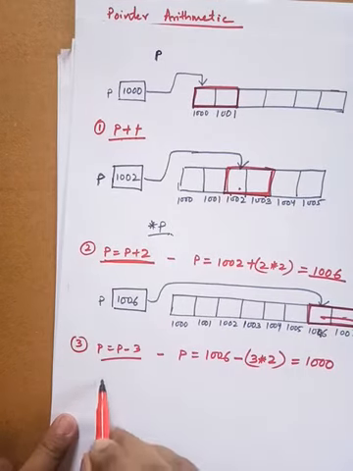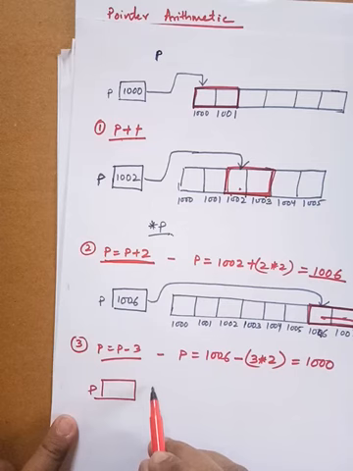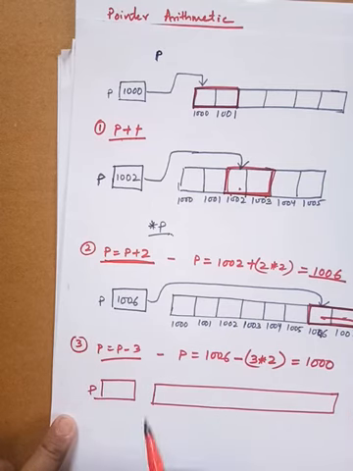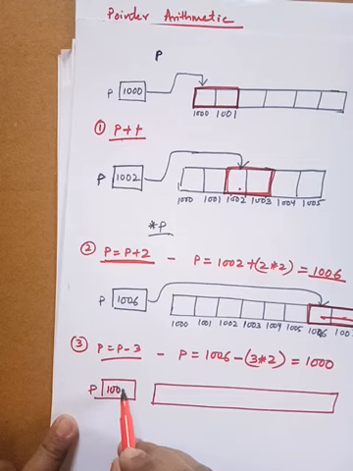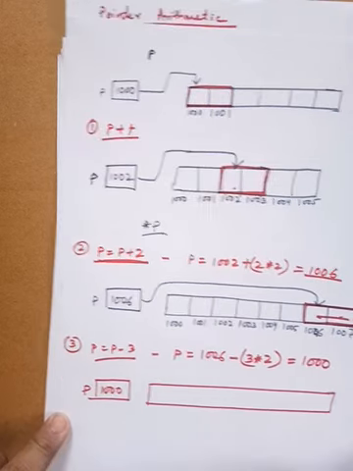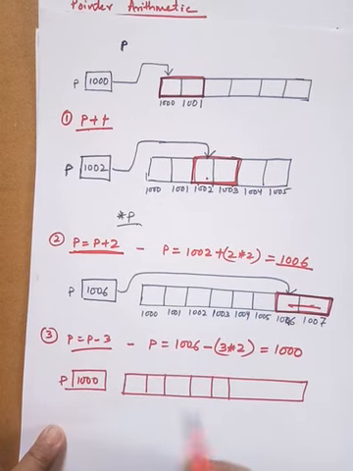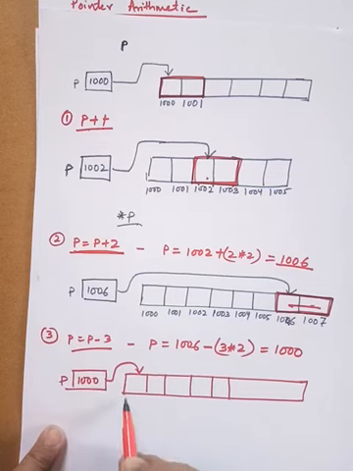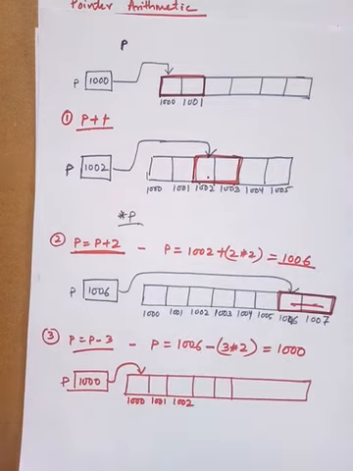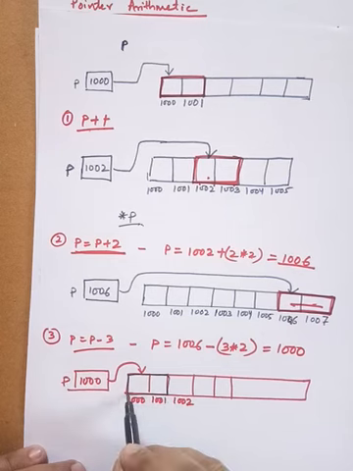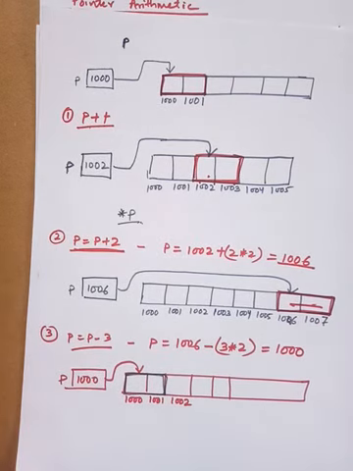So you can draw the diagram here for the same example. So this is the pointer and these are the address locations. Now pointer p will hold the address 1000. Now it will point to this address location that is 1000. So this will hold this location. I hope you have understood something about pointer arithmetic.